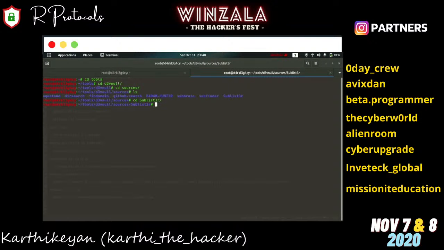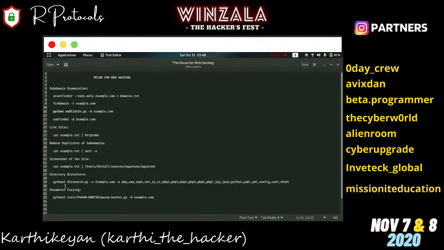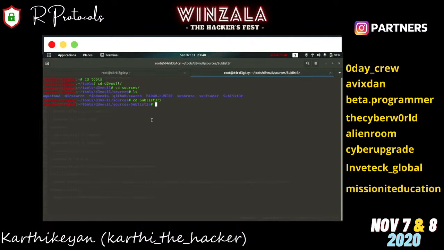I will copy this command. The -d flag mentions the domain; use this flag. We will use the same target, yatra.com itself. Now we will execute this.